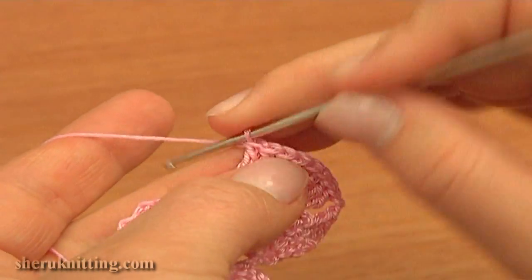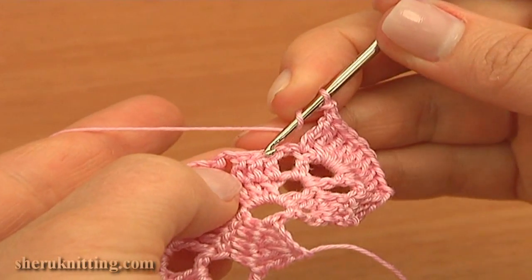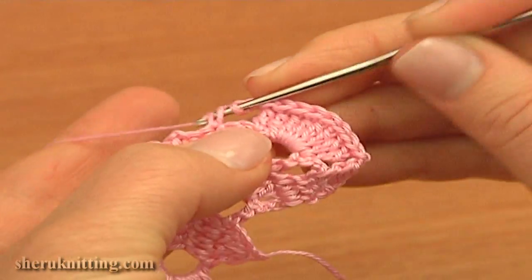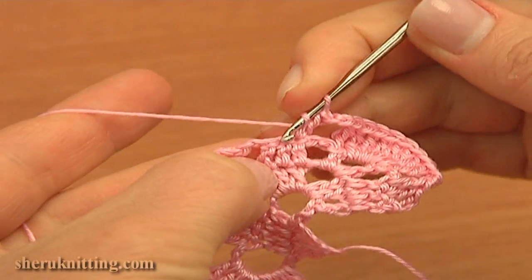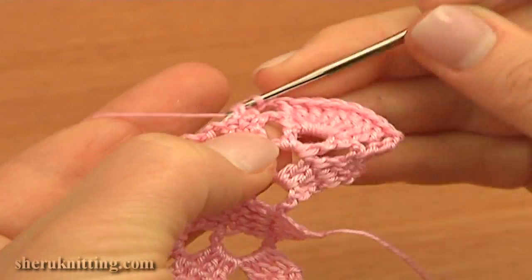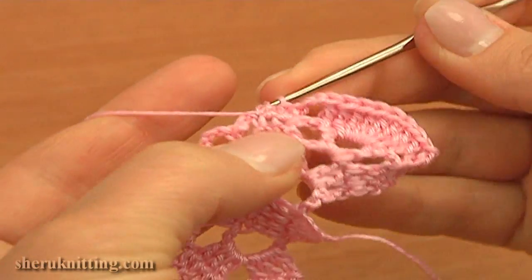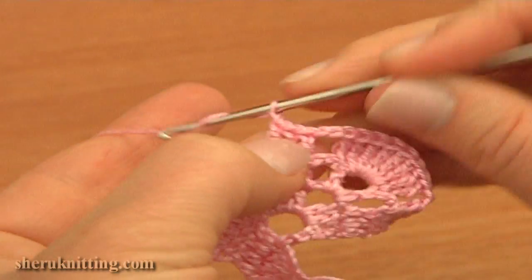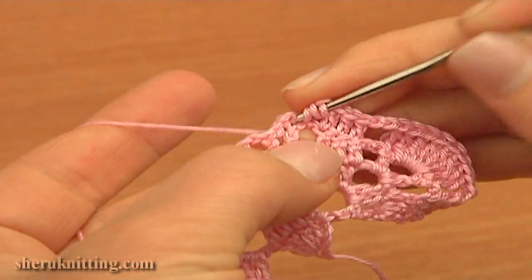then chain 2, 1, 2, double crochet 3 in each of next 3 doubles of previous row. 1, then 2, and the last one, 3. Then repeat chain 2, treble crochet through the next double,